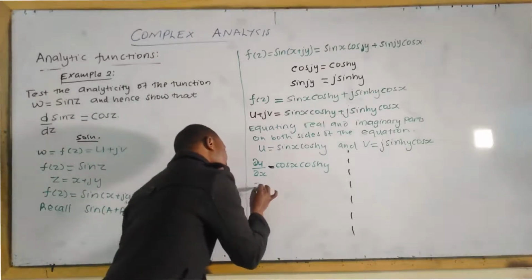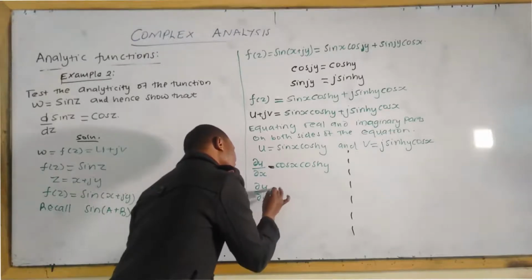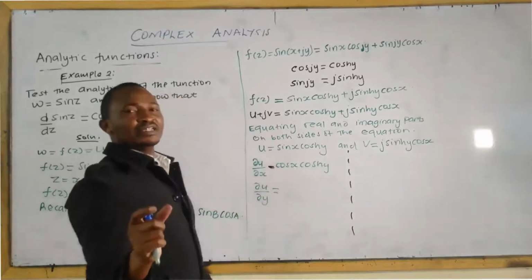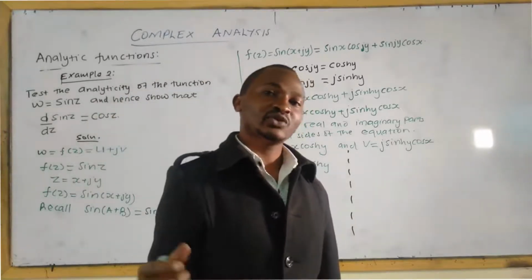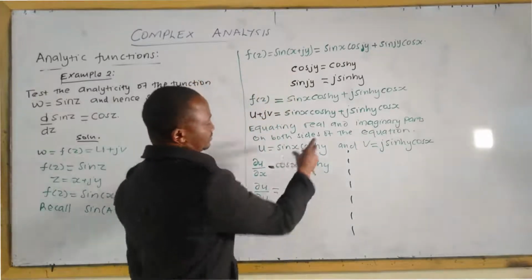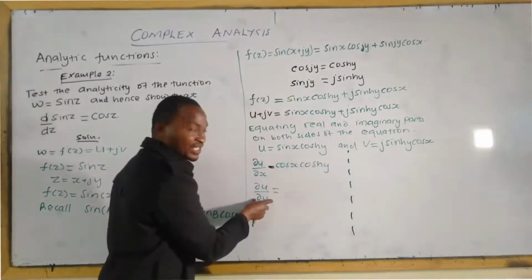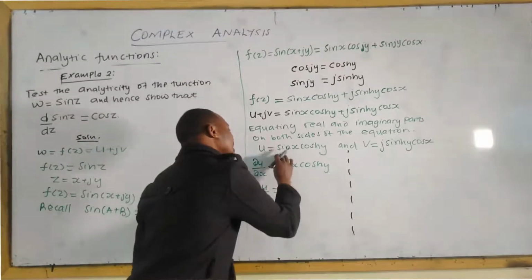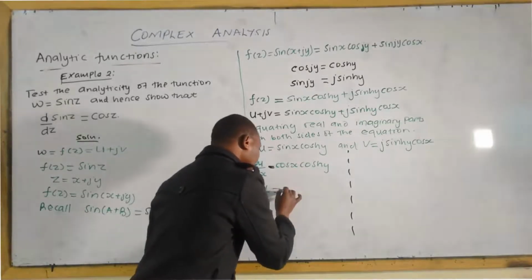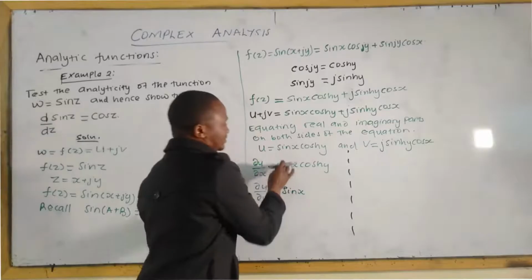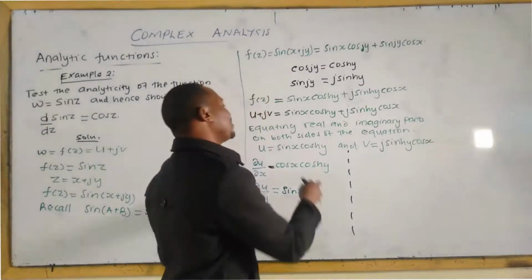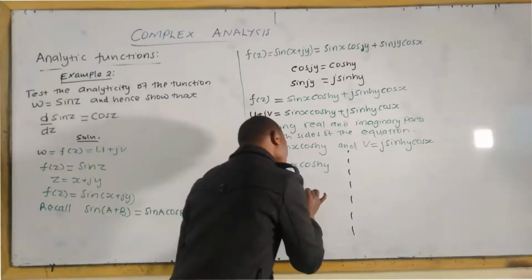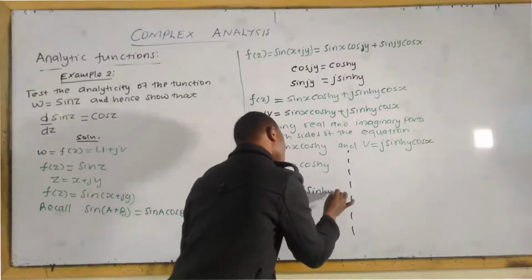Now find the partial derivative of u with respect to y. In this case, you are treating the part with x as a constant. The part with y is where we focus our differentiation. So sin x will remain the same. We are not differentiating there. But when you are differentiating the part with y, differentiating cos gives you sin y.